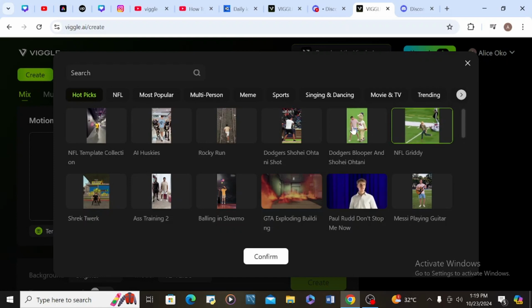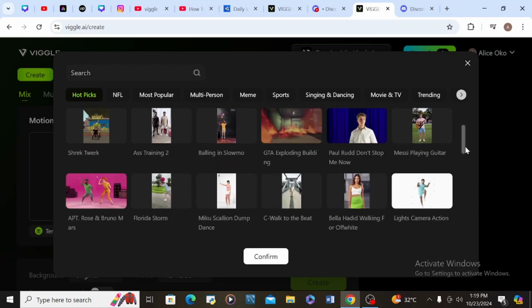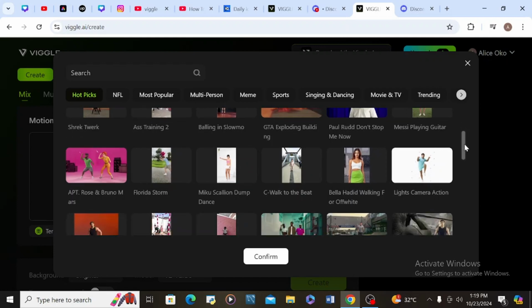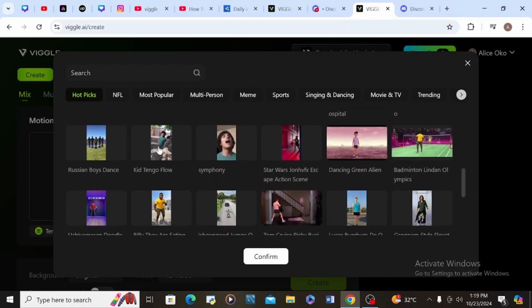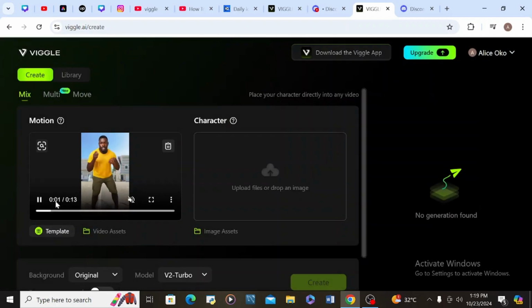it's good that you choose an image that is complete, an image that has a full body, that has the image not cut short. So let's see, let me see this one. There's no action. Okay, let me go for this. So this is it, it's playing. This is the type of image that you are supposed to choose. Then